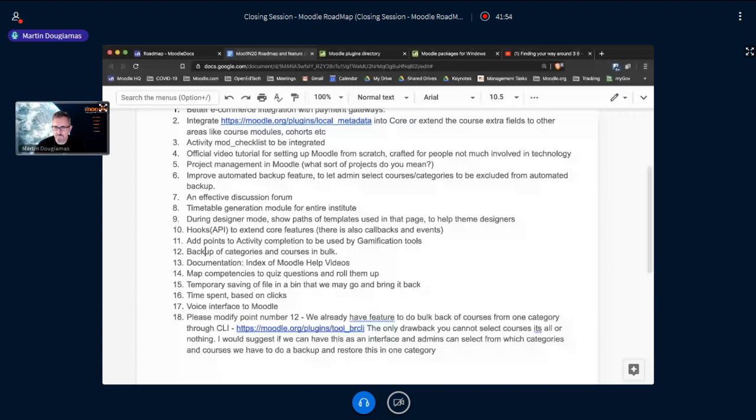So you're saying we already have a feature to do bulk backup of courses from one category through the CLI. That's a tool. The only drawback is you cannot select courses. It's all or nothing. Well, okay. I'll just say perhaps building on this plugin.